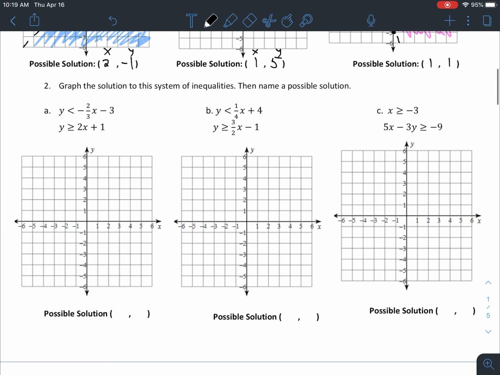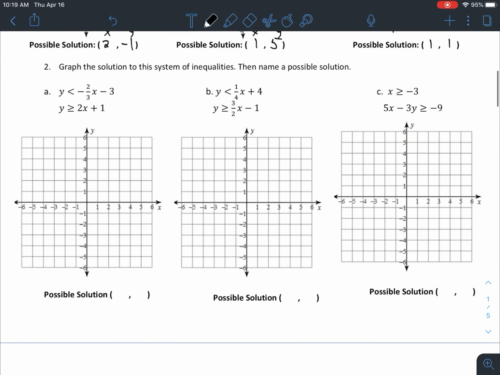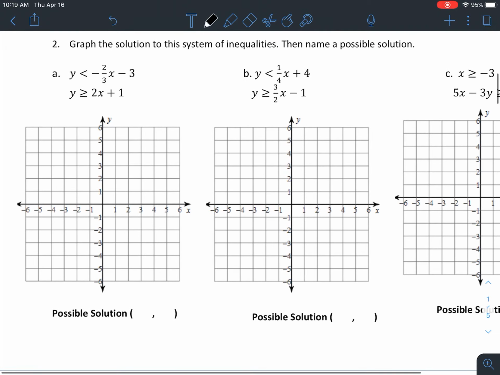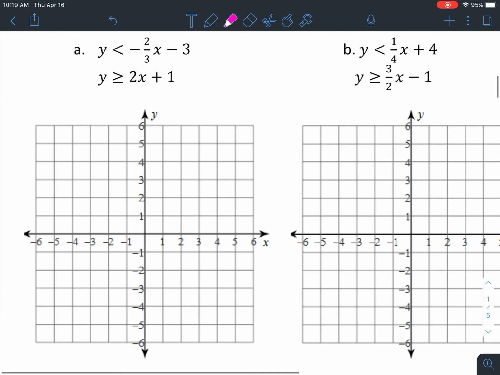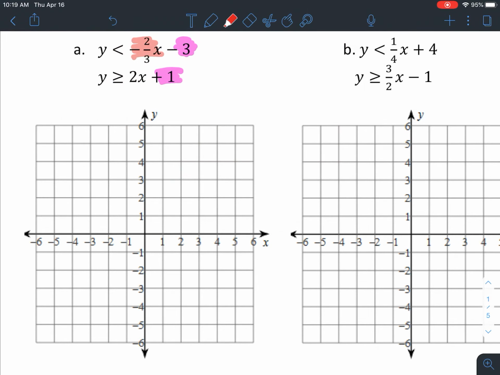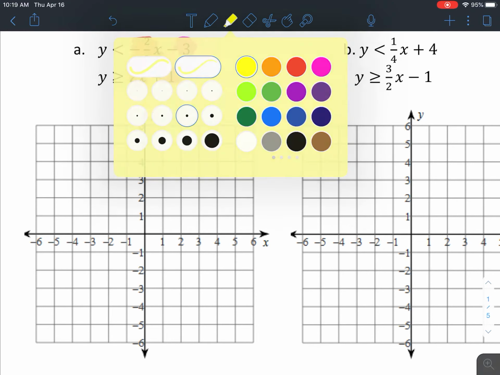Okay. Now, problem part 2, graph the solution to this system of inequalities and name a possible solution. So I'm just going to have you guys graph these. Okay, I don't need you guys to give me the possible solutions right now. Let's just graph these. So once again, we have to look at this and that, this and that, and lastly